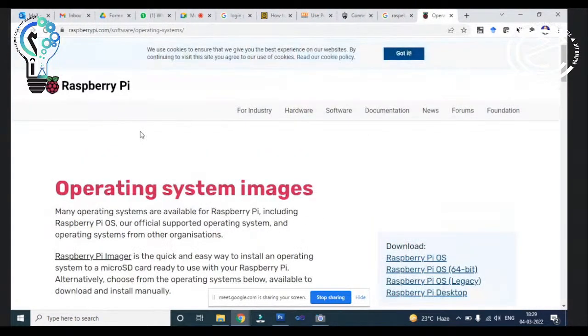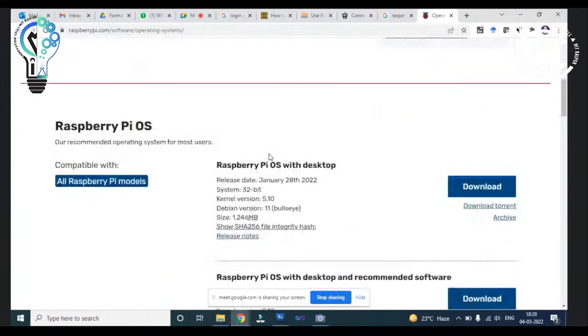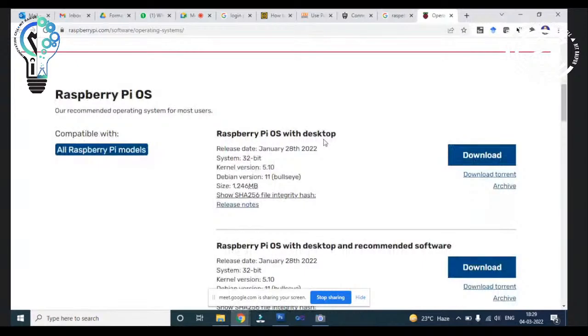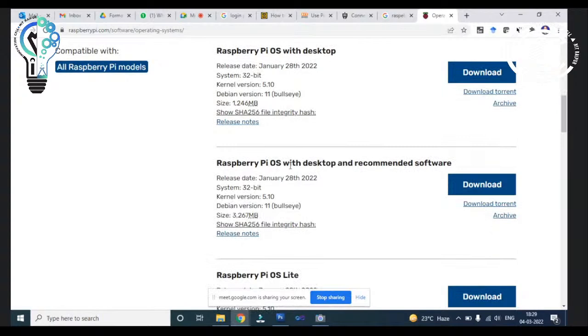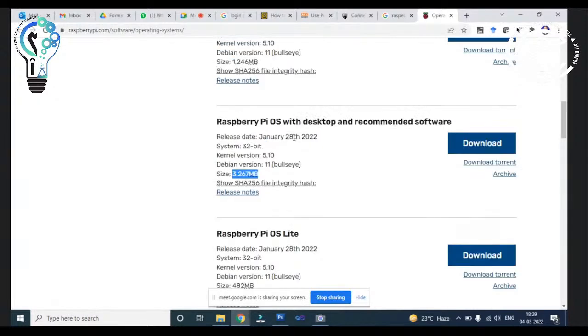If you open this, then you will get operating system images, right? The different types of supported images are there: Raspberry Pi OS with desktop, Raspberry Pi OS with desktop and recommended software, and Raspberry Pi OS Lite. You can see the size of the version. It's a desktop with recommended software, right?